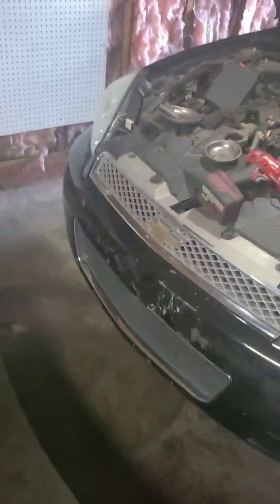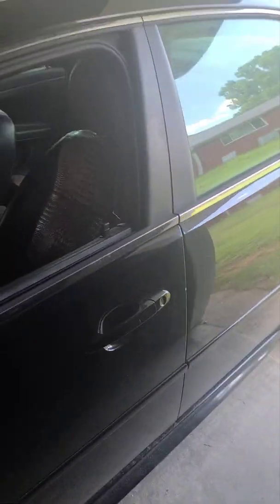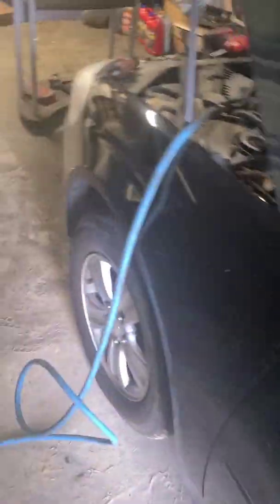We got a 2012 Chevy Impala. We're doing an intake manifold. Well, it's really, we're doing a tune-up. It's a 3.6 liter V6, and this one actually has a little upgrade on the interior. But anyway,